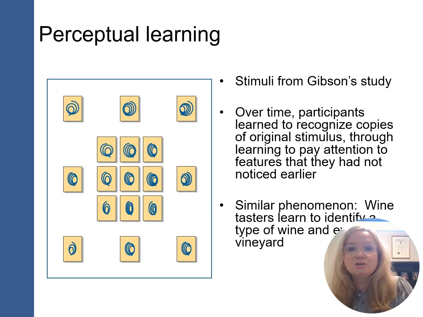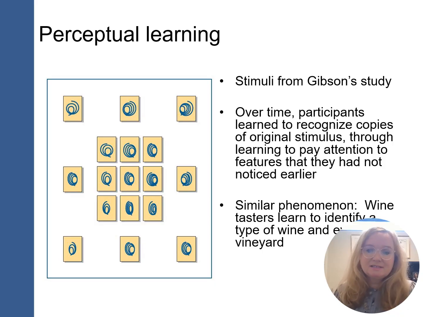Over time, participants are learning to recognize. And so this is stimuli from a study by Gibson, and the participants learn to recognize copies of an original stimulus through learning to pay attention to features that they had not noticed earlier. So it may seem a little bit difficult to understand what's going on here with the squiggly lines, but